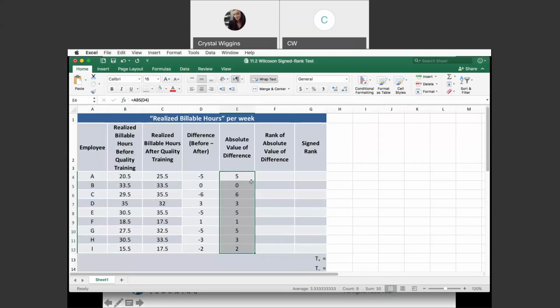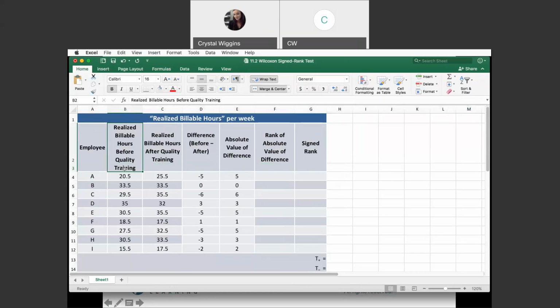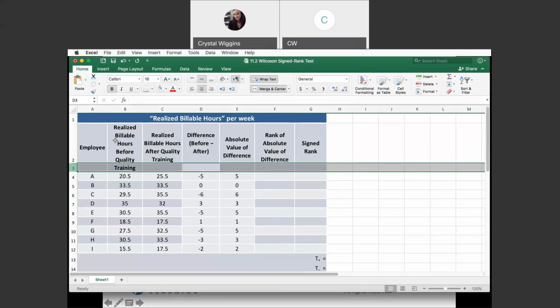Okay, so this isn't going to work only because these titles, I copied them right from the PowerPoint and they are merged cells. So you can see they merged cells 2 and 3 together to do this. So maybe let's unmerge this one. Hold on, let me see if I can do this. I wanted to show you how to do this, but